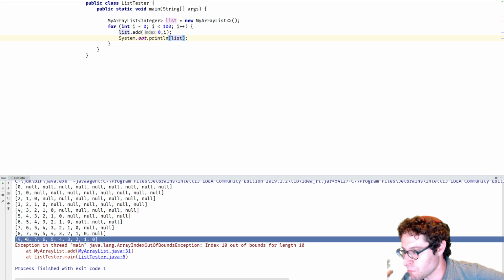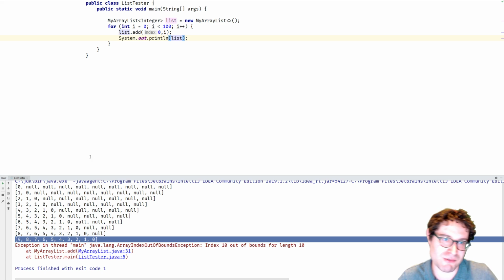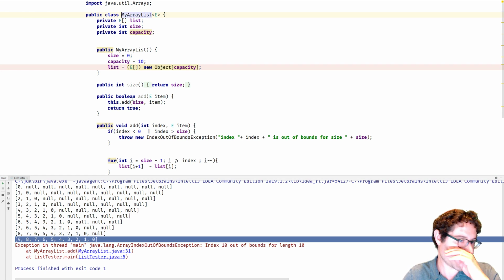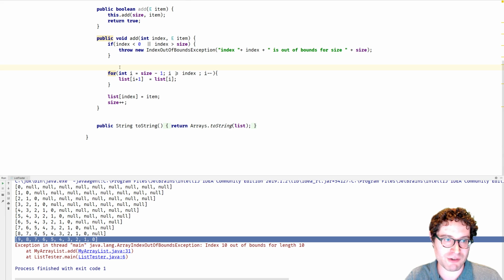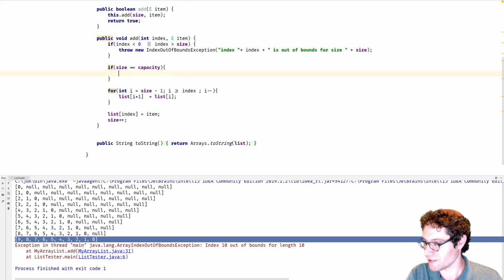That would certainly work. But then I'd have to make a new array every single time I add a new item. If I double the capacity, it's not going to happen too often. So we're going to do this fairly straightforwardly. It's actually not going to be too messy at all. If the size equals the capacity, in other words, if I have as many items in my list as I can currently hold, then I'm going to create a new method called